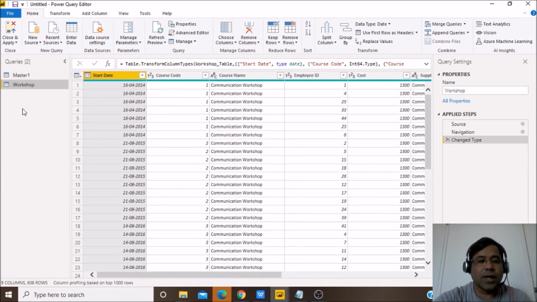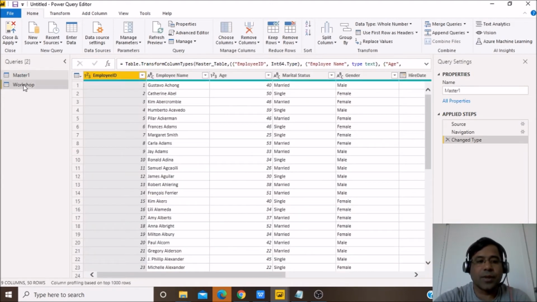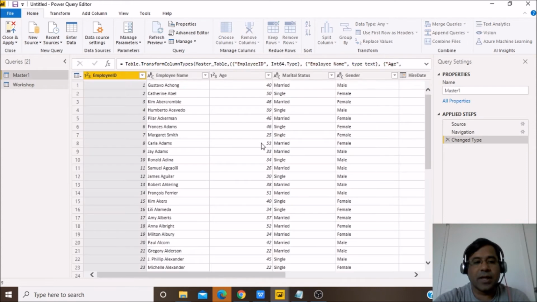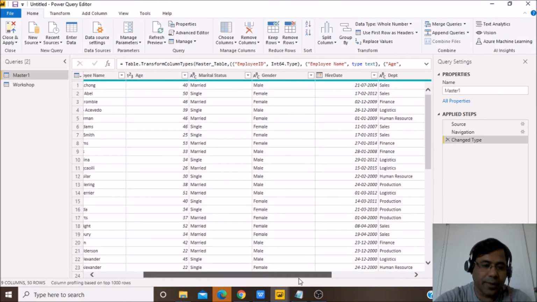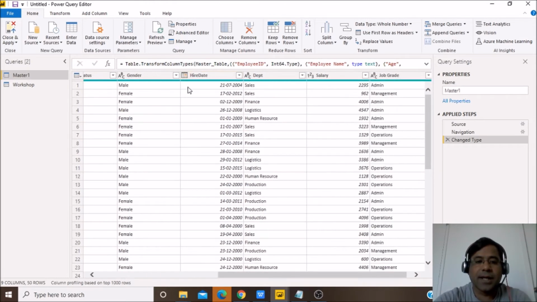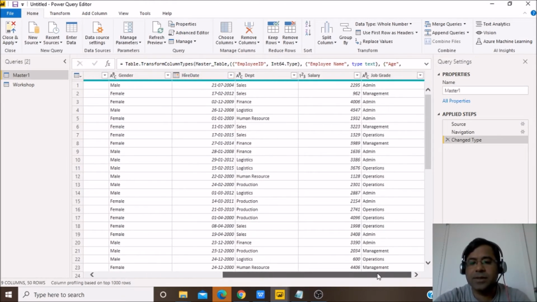So these are the two tables I have, the Master1 table and the Workshop table. I will quickly verify if all my column types are correct. Employee ID, for example, is a whole number, Employee Name is text, then Age is again a whole number, Hire Date is a date. So I think the data is clean here, so I don't have to do anything.